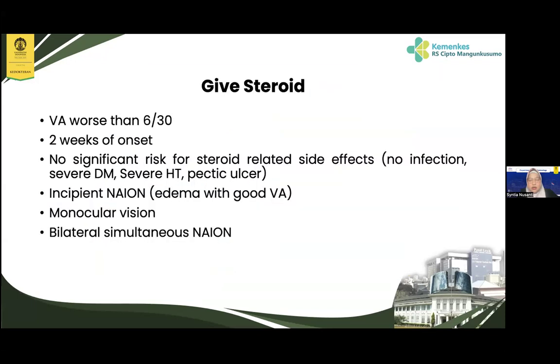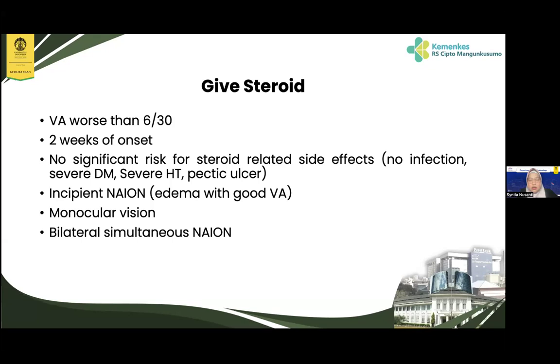So when can you give the steroid? This is from one literature, but I also use this standard procedure to give steroid to my patients. If visual acuity is worse than 6/30 and the patient comes within 2 weeks of onset, with no significant risk factor for steroid-related side effects, such as infections, severe diabetes, severe hypertension, and peptic ulcer. Or the patient comes with incipient non-arteritic ischemic optic neuropathy, edema with good visual acuity,